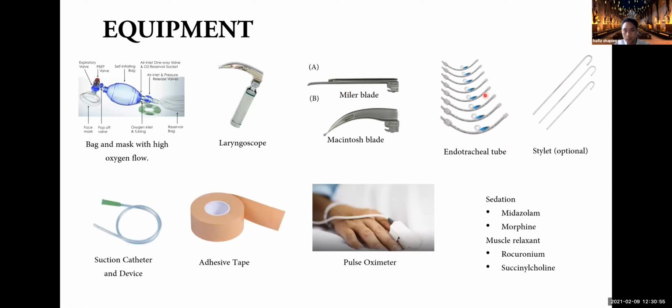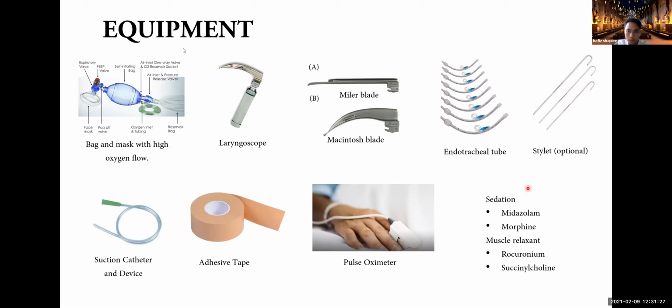An endotracheal tube is a flexible tube that will be inserted into the trachea. And stylet. The stylet will be used with the endotracheal tube just to guide it so that it will be easily inserted into the trachea. However, it is optional. And then suction catheter and device, adhesive tape to secure the endotracheal tube,